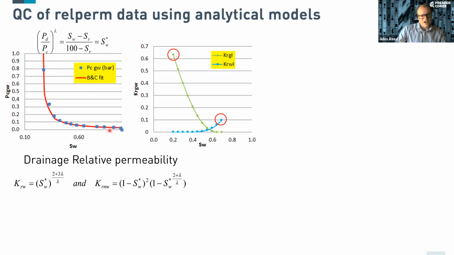So to describe this curve, you're getting this term lambda, which is the curvature, and it's a geometric factor describing the pore size distribution for a unimodal system. So this won't work for a bimodal system. You'd have to go to something more complex like Tamiya. The relative permeability to water is given by this normalized saturation to the power of (2 plus 3 lambda) over lambda. And the non-wetting phase or gas phase is 1 minus normalized saturation squared times 1 minus normalized saturation to the power